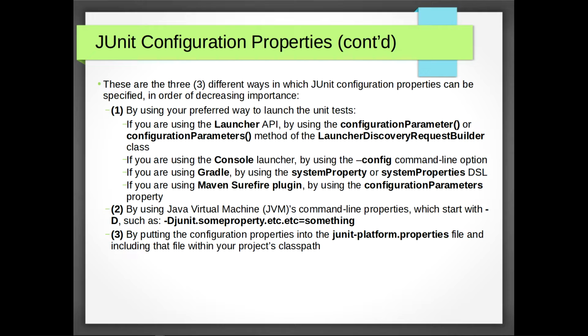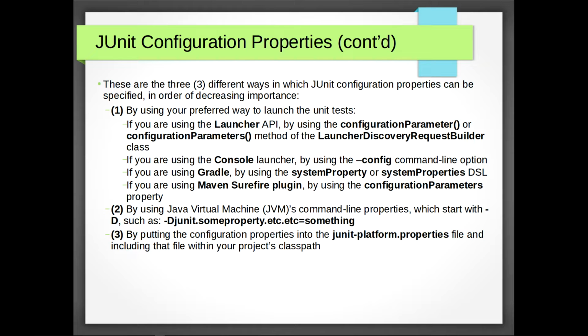If you are using the console launcher, you can do it by using the --config command line option. If you are using Gradle, you can do so by using the system property or system properties DSL. And if you are using the Maven Surefire plugin, you can do it by using the configuration parameters property within its